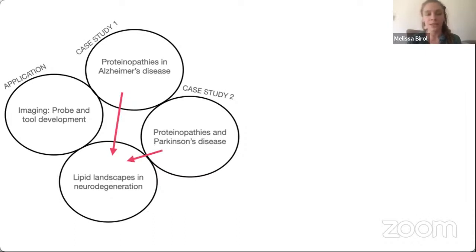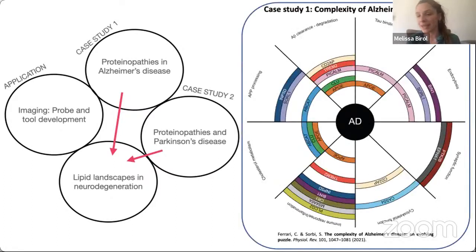We also are interested in developing new tools and imaging methods that allow us to really underpin the complexity of these diseases. And if I have not already told you how complex disordered systems are, I will do so by showing you here what Alzheimer's disease looks like and how complex this single disease is. You can see here a nice representation of all the genetic risk factors that have been associated with AD, and that each of these risk factors is associated to a cellular